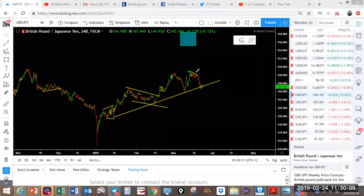We're looking for this to push higher from here, as we did last week, to go into the blue box. Now, there's a possibility that this can actually be the structure that we were looking at. There's a corrective structure here. This can break here and make this, and then push higher. This could be a setup